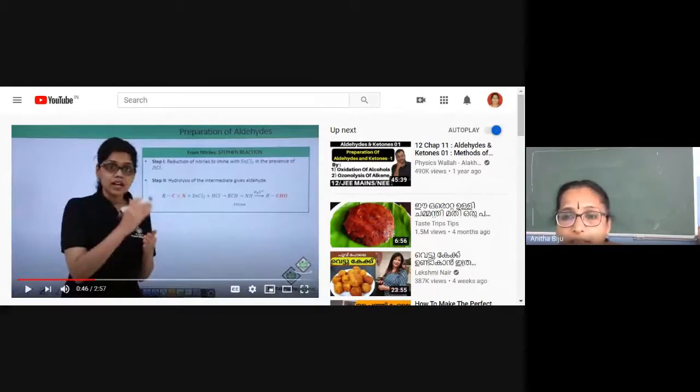In the second reaction that we are going to talk about, this is another reaction. You can see the name of the reaction. This is called the Stephen reaction. In this reaction, we can prepare aldehyde, but this is a method specially for aliphatic aldehyde. Look at this, RCHO. R signifies the straight chain hydrocarbon. In the previous case we discussed aromatic aldehyde and this is aliphatic aldehyde.